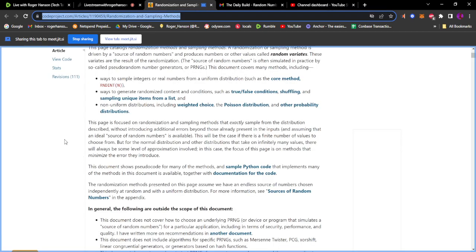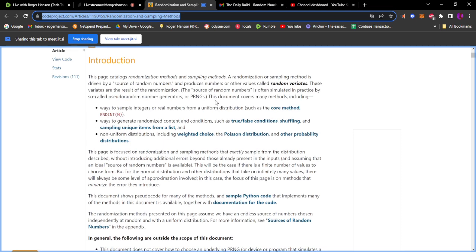We'll continue with the reading. Okay, so ways to generate randomized content.